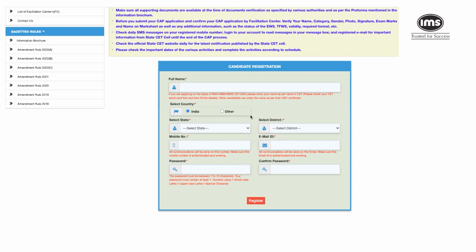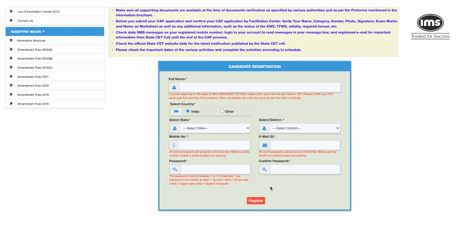And anyway, that is going to be like a new account for you. And when it comes to password, there are some things that you need to consider. The password has to be between 7 to 15 characters, must contain at least one numeric value, and so on. So make sure that you take care of all these specifications, enter the password once, do a confirmation again, and